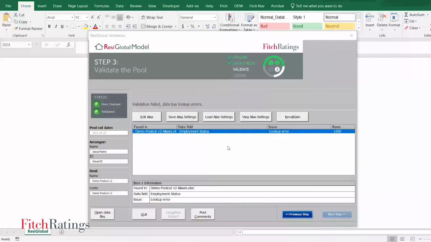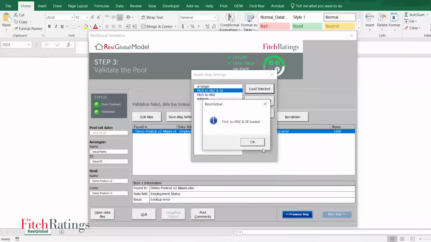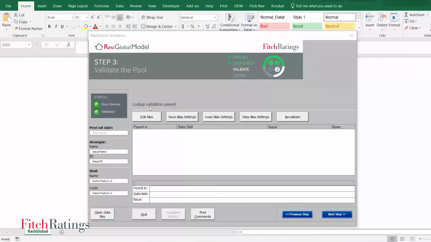So if you're running through a new pool, we had the same mapping. We could go load alias, Fitch to ANZ and self-employed. So let's click load for that one. It'll quickly go through and map all those for you. And then we've got lookup validation passed. So this is a really handy way to be able to model multiple pools